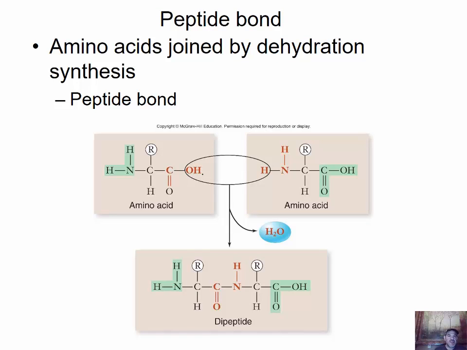So how do amino acids join together? Like always, it's going to be a dehydration synthesis reaction. And the bond that's formed is going to be called a peptide bond. So here, this is one amino acid and then another amino acid, and they're going to line up basically in this same orientation. Amino to carboxyl, and then the next one amino to carboxyl. So this hydrogen here from this amino is going to combine with this hydroxide and get removed in the form of water. And then we form what's called a peptide bond, which is right there. When we have two amino acids joined together, we'll call it a dipeptide. And when we have many, we'll call it a